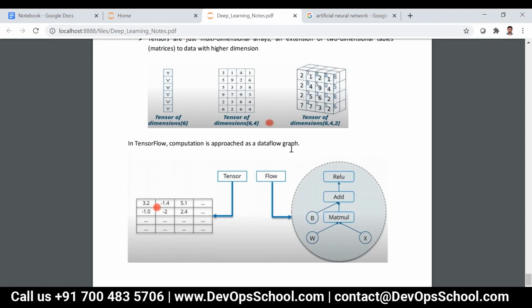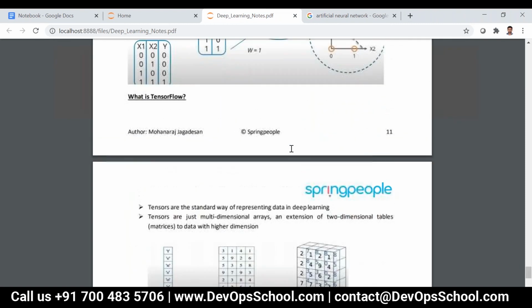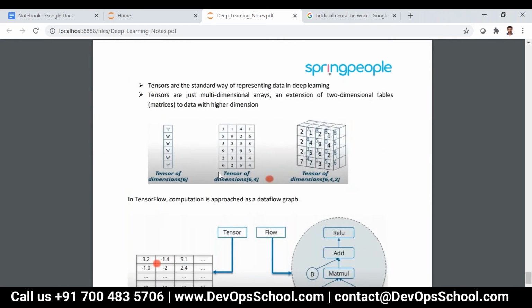You might have heard of TensorFlow. Tensor means data, an array of multi-dimensional data. You can have data of any dimension. Now you can see this is a tensor of dimension 6 comma 4, that is 6 rows and 4 columns, and here a tensor of dimension 6 comma 4 comma 2.